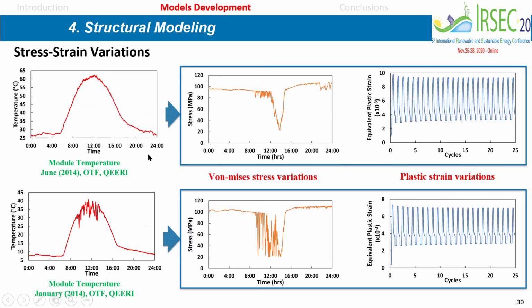And you can see it from here. We chose one day in June, but we also chose one day in January. So two extreme cases in Doha. And this is what we measured, or calculated, in terms of temperature during this day of the panel in the cells. This is for January. This is for June.